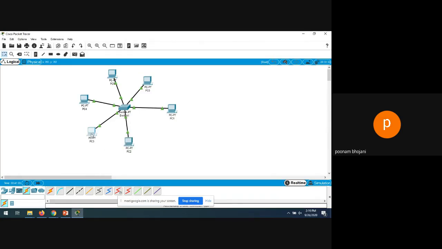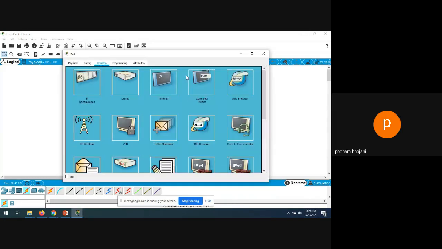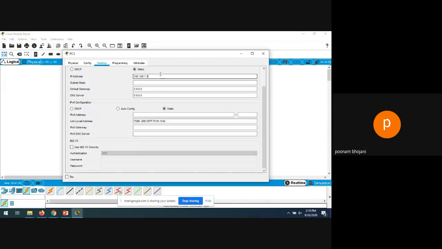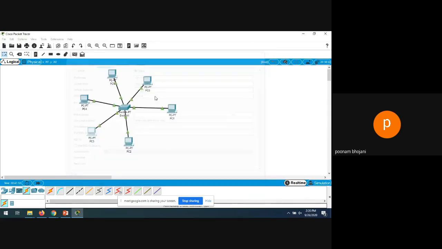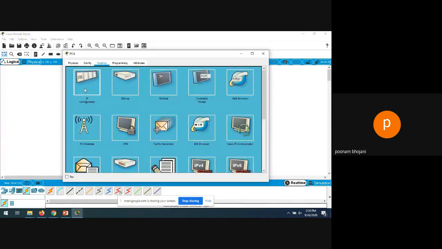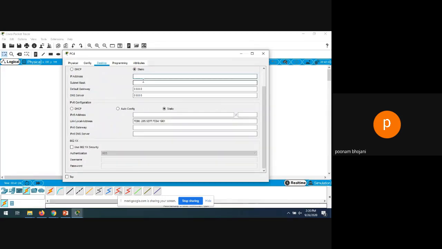Then PC3: 1.4, gateway 2.1. And wait for the next PC. So assign the IP to all the stations, all the end devices. It's 1.5 now.